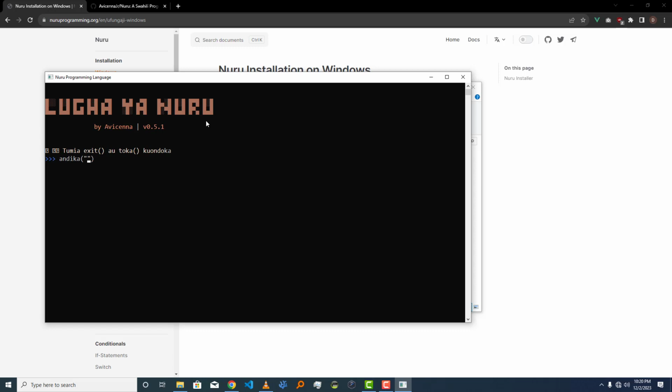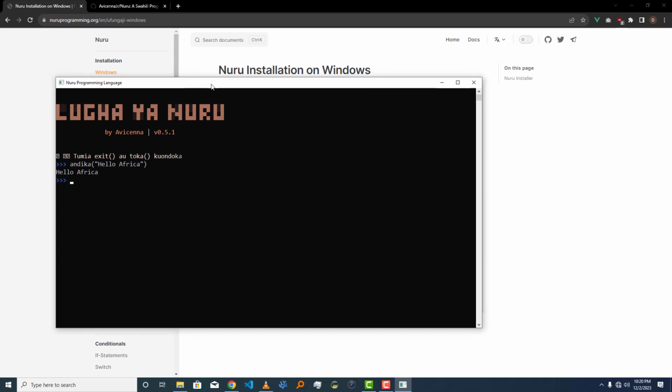So you can say hello Africa, and press enter. With that, you have written your first program in Nuru. You have printed a hello world program in the Nuru programming language. As you can see, it's very easy. It is an interpreted language, and it's dynamic, meaning that you don't have to explicitly state the type of a variable